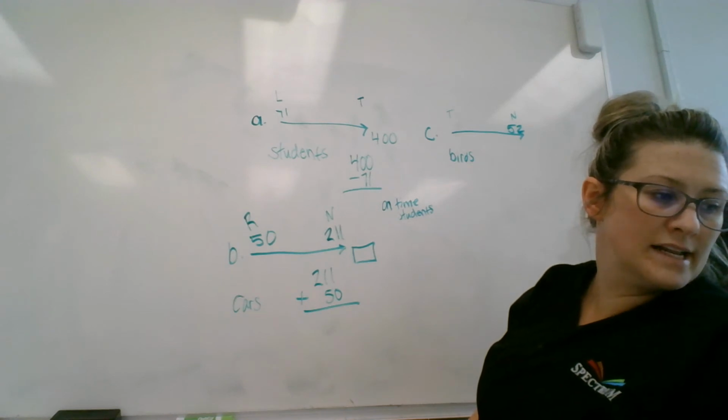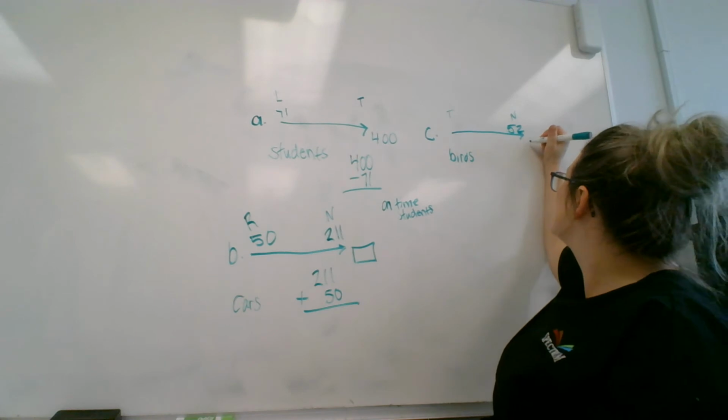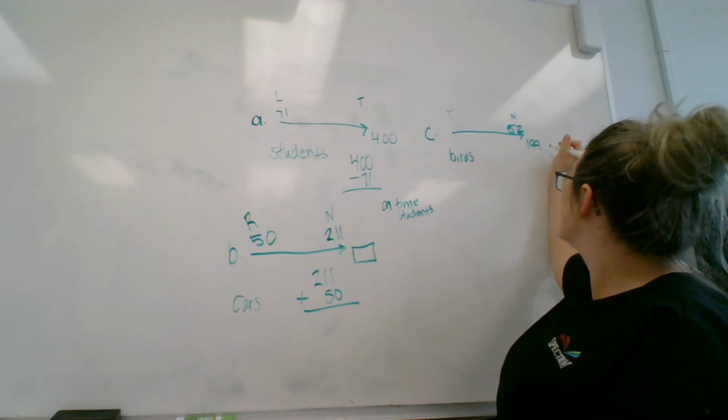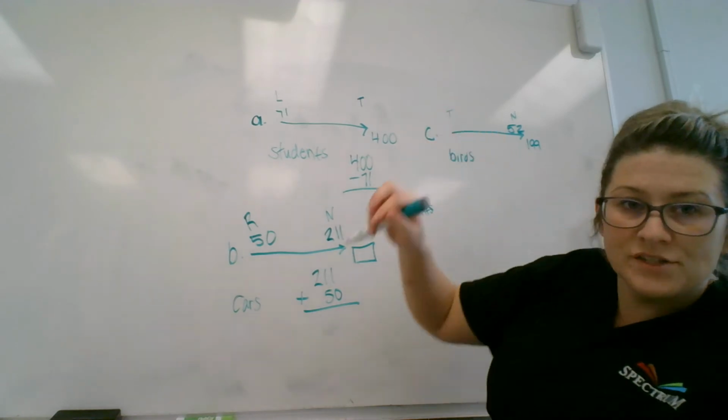There were 199 birds in all. How many birds were in trees? So my total, my big number, is 199 birds. To find out how many birds were in trees,